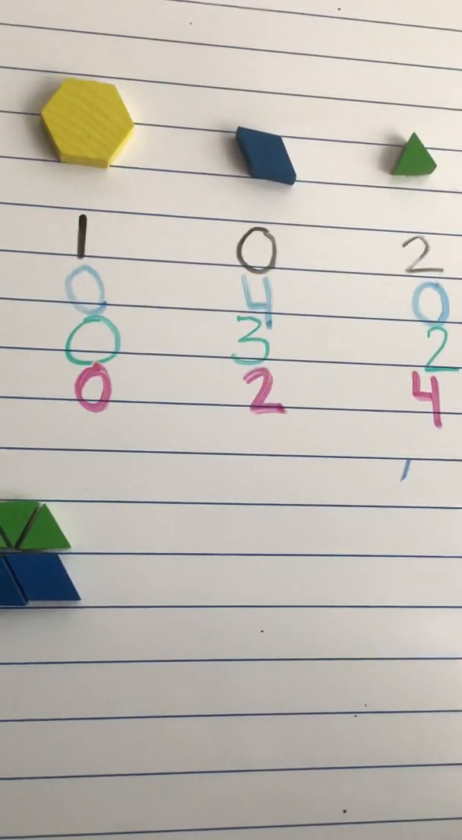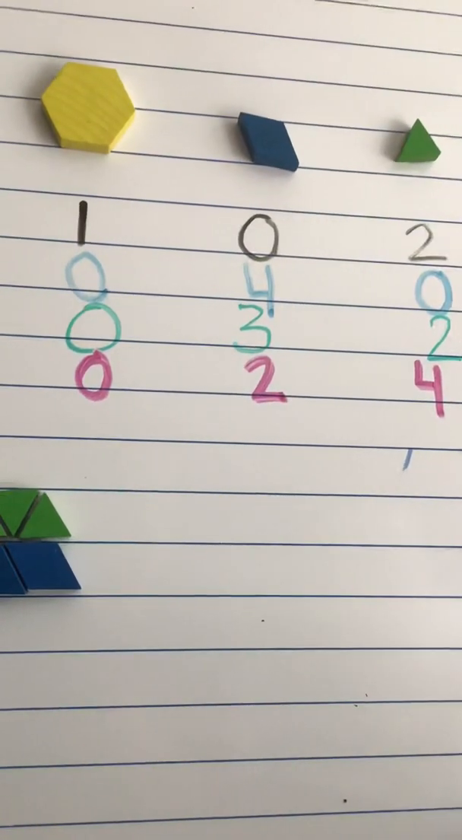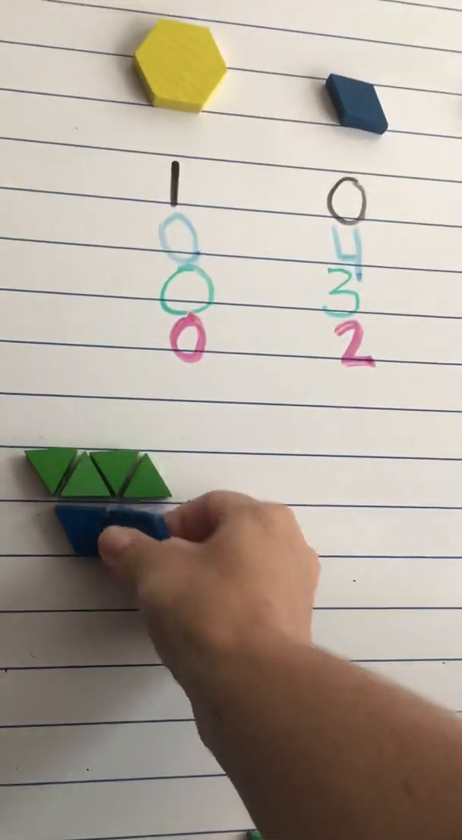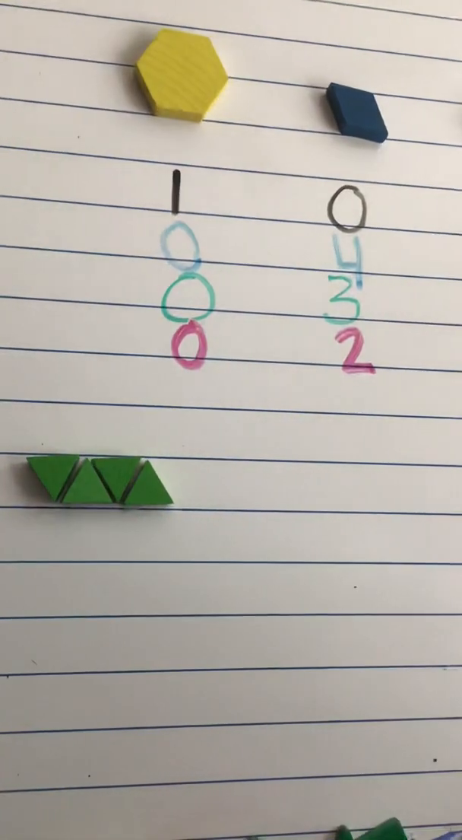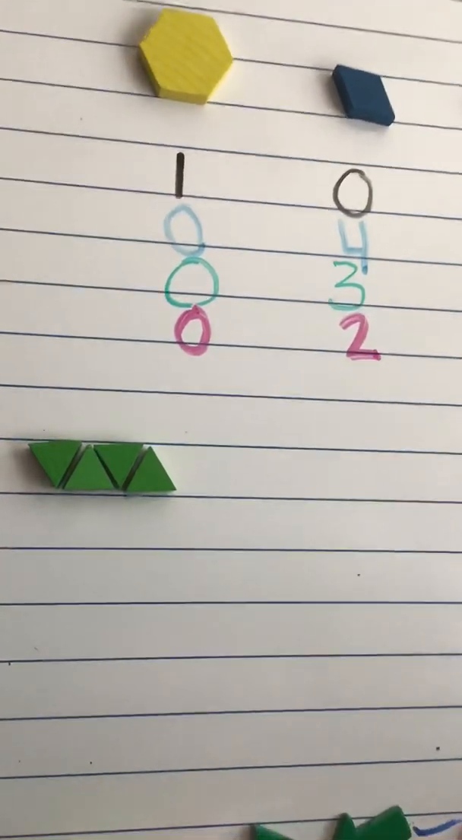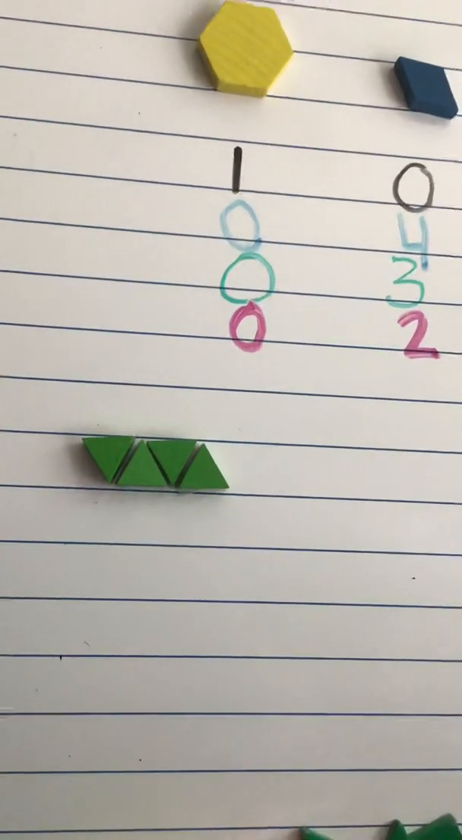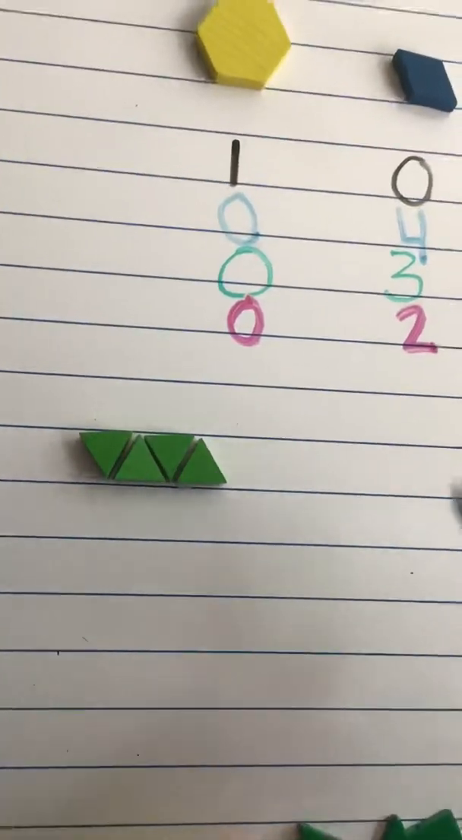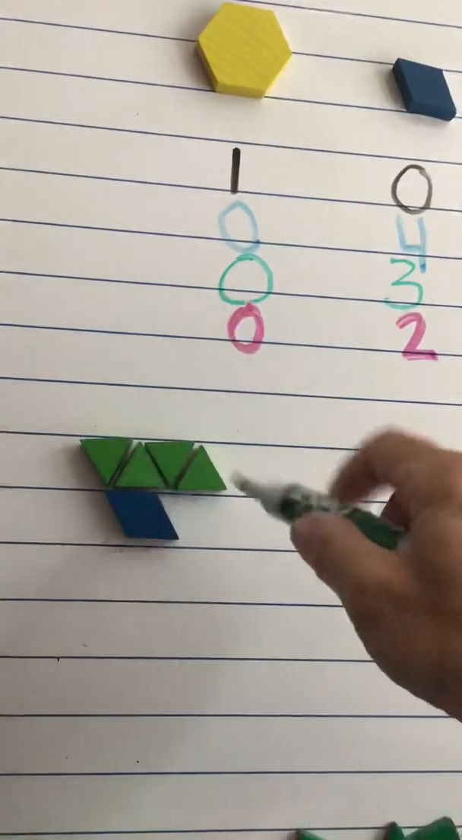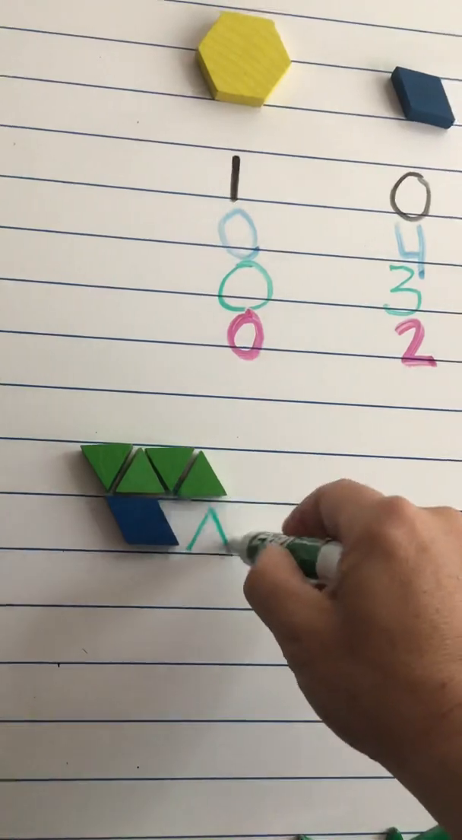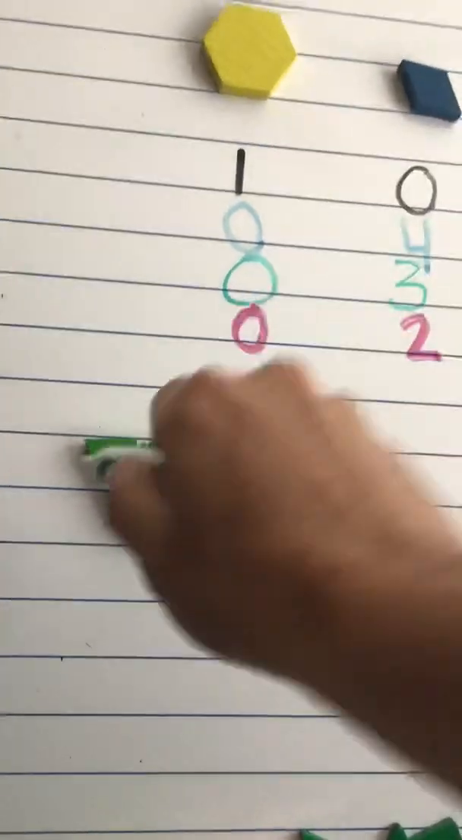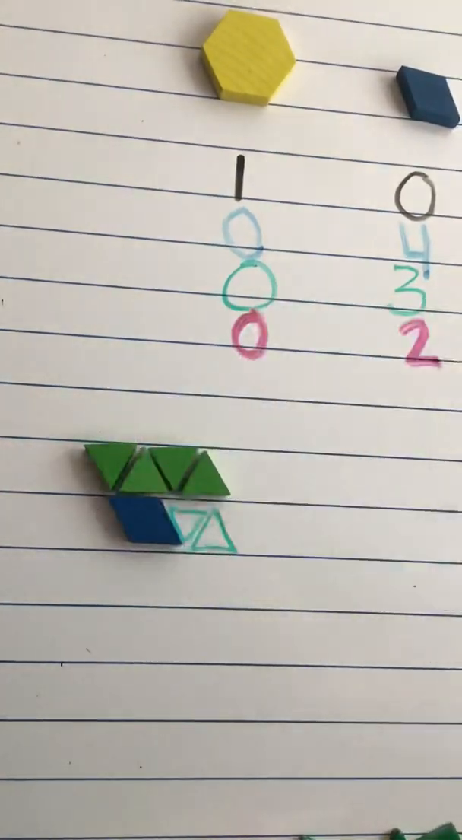All right, and let's try a different way. Okay, let's see. I might be out of shapes here. So I might have to do a little bit of drawing here. So if we keep this one, and I do some more triangles, like that. Now I have a hexagon or a rhombus shape, but this time